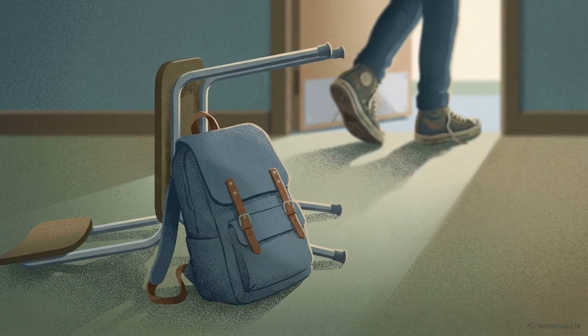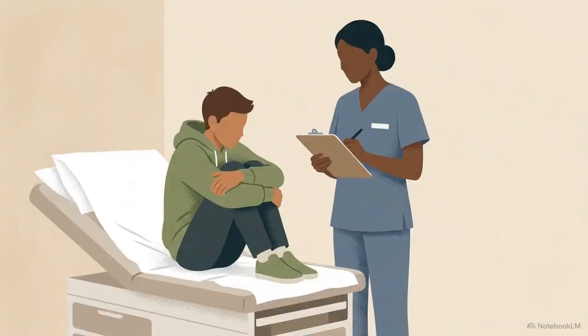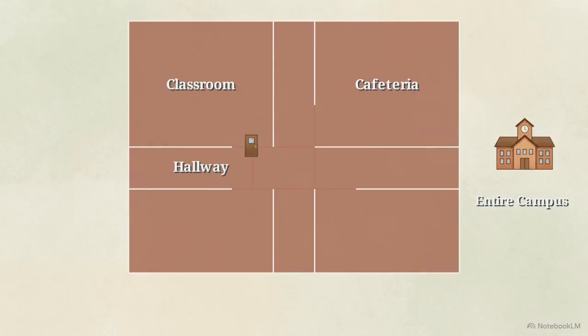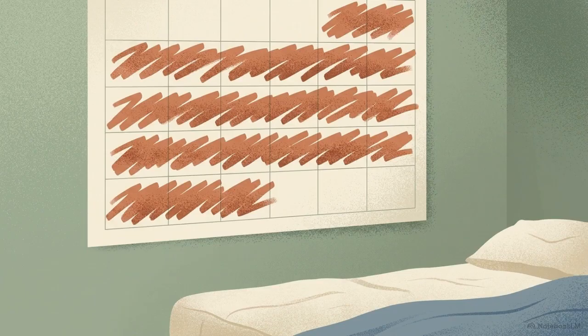The immediate physical response is flight. A student will bolt from their desk and seek refuge in the school nurse's office, desperate for a medical explanation for their distress. This illustrates the long-term danger, the blast radius of avoidance. Fear of one specific classroom rapidly expands. The brain associates the location with the danger, eventually flagging hallways, the cafeteria, and the entire campus as unsafe. Left unchecked, a natural instinct to avoid pain turns a treatable psychological event into chronic school absenteeism and panic disorder.